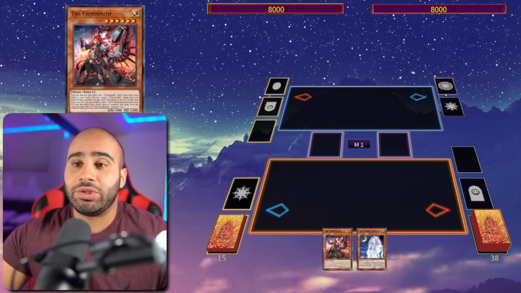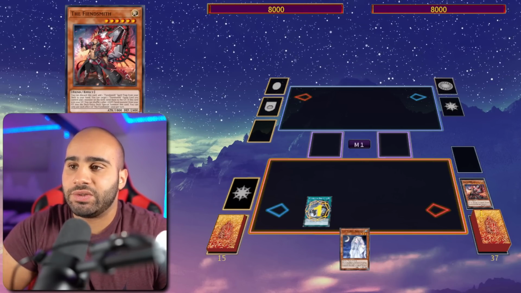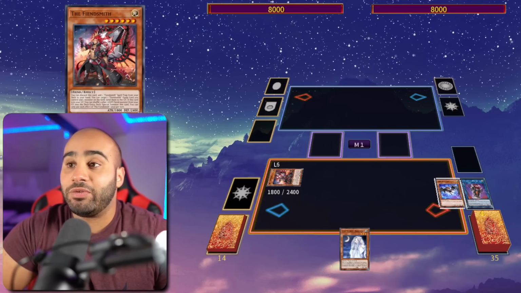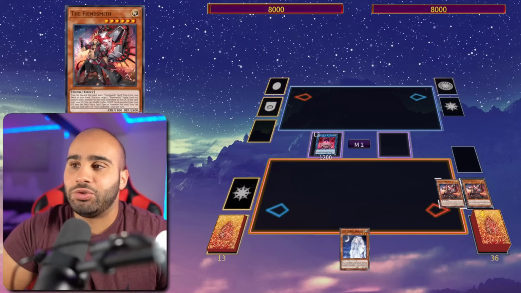Well, don't worry, because you can also get your stuff going with the Fiendsmith engine. So start with the Fiendsmith, search the Tractus, and then you're going to be searching for the Luri, and then discard that, summon back, and then go into the Requiem, summon another Fiendsmith from the deck, and then we can revive back the Fiendsmith by shuffling back the Luri or the Requiem, and then go into Sequentia, use the Fiendsmith